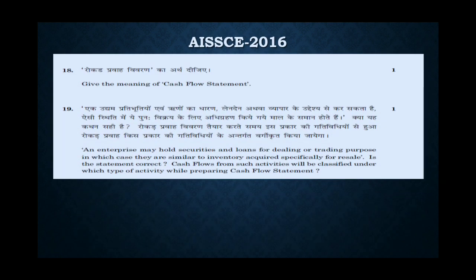Now the 2016 question is: give the meaning of cash flow statement, as I asked in the review question. This was asked in an earlier examination. The cash flow statement meaning was asked. It was very easy. The second one is